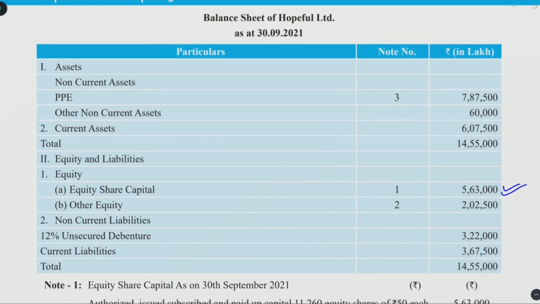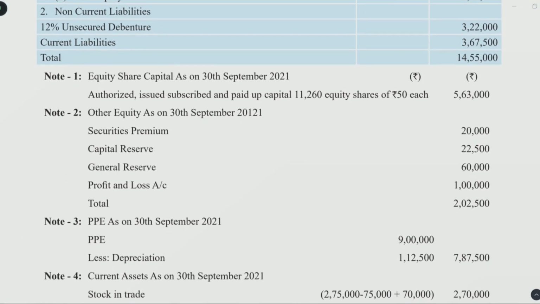Correct? Now we are talking about other equity in note 2. Look at the content in the solution explanation. Securities premium was 20,000, it is still 20,000. There was a general reserve of 60,000, and what we transferred to capital reserve was 22,500. And now this is clear, right? We transferred to capital reserve